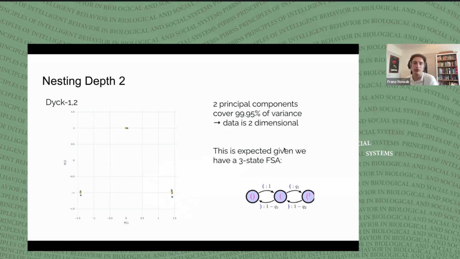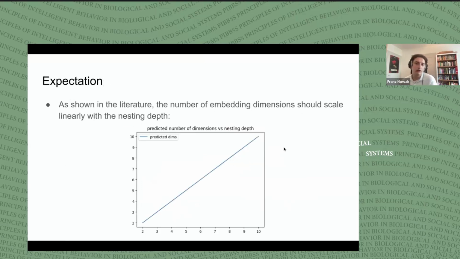So we can say the data is 2-dimensional. Now, if we assume that the previous experiments and theorems were right, that we need linear dimensions in the number of states of the FSA,